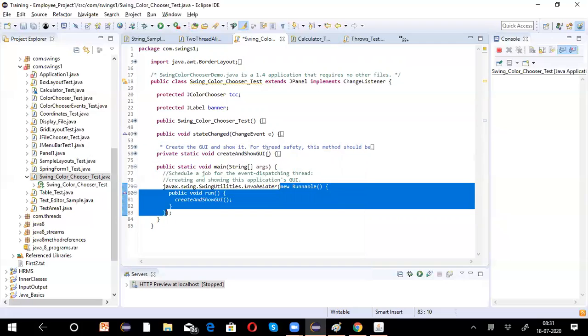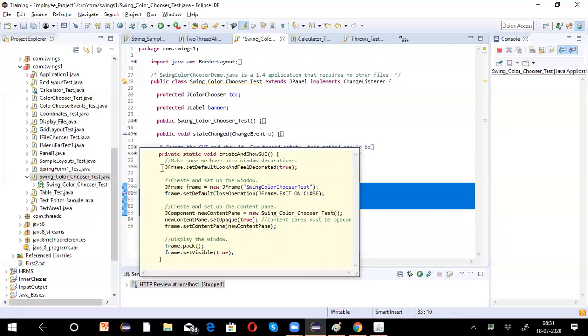So first we have taken the frame to apply the default look and feel, and then we are setting the color of the frame, and frame.setDefaultCloseOperation. We know this is used to close the frame. Then JComponent newContentPane equals new SwingColorChooserTest.